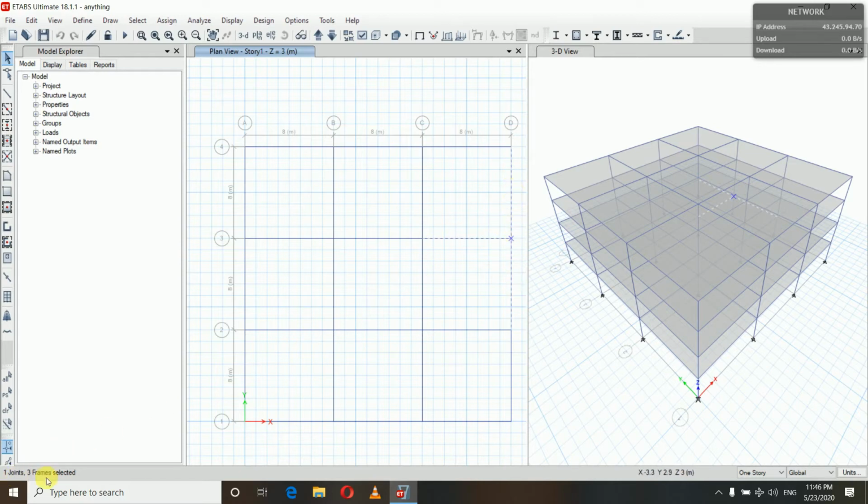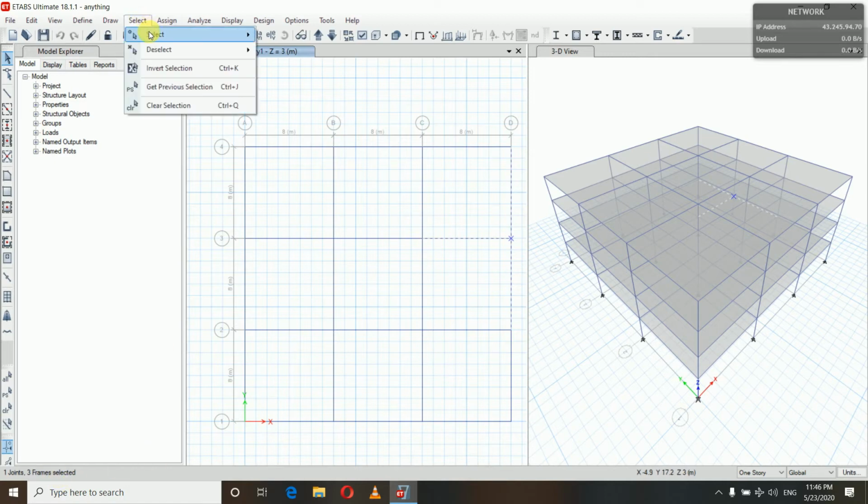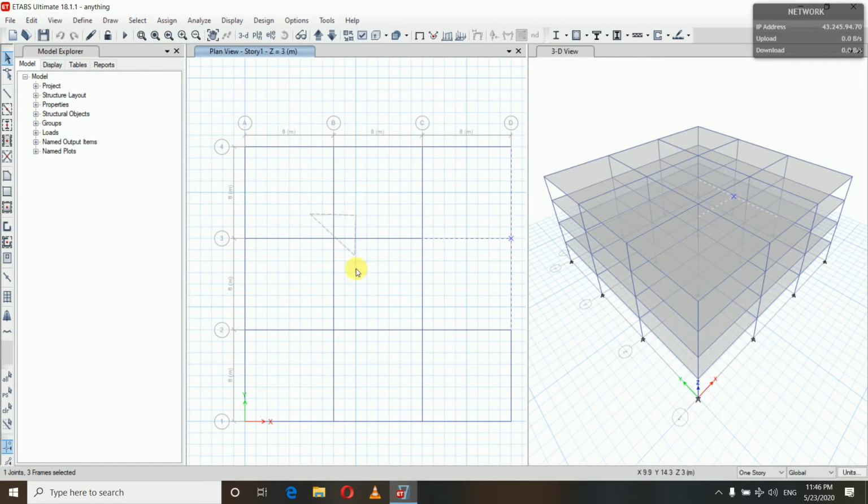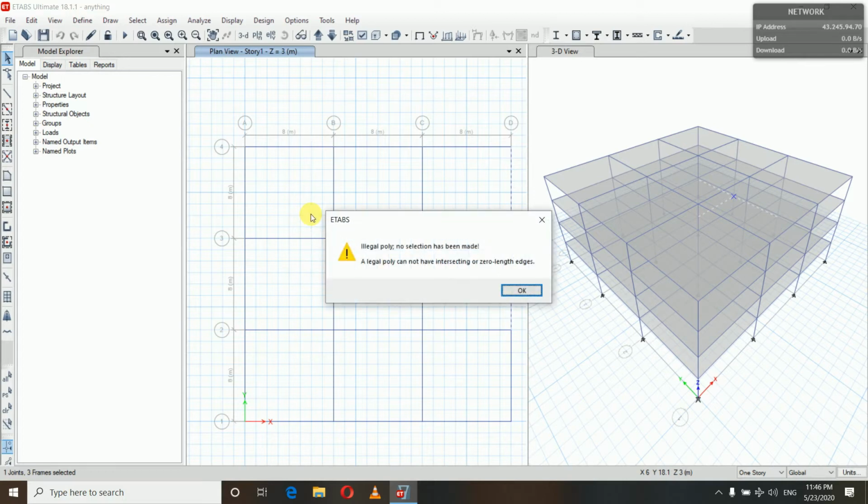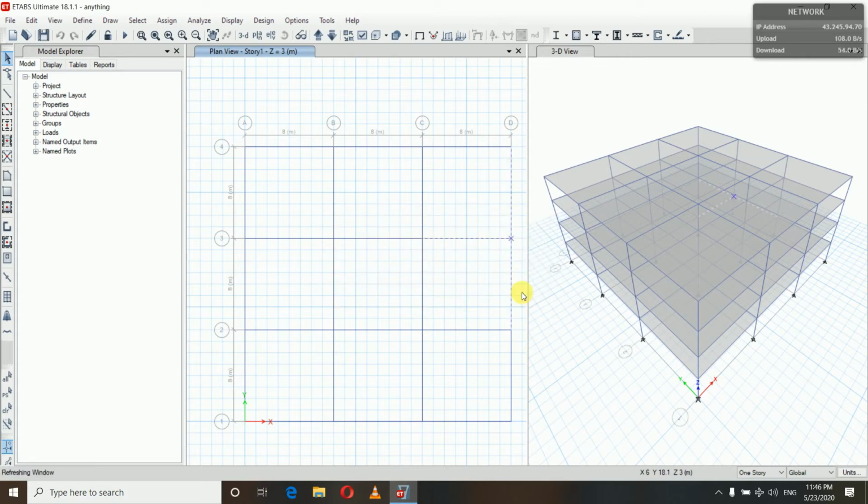So you can see one joint and three frames selected. Now clear all.